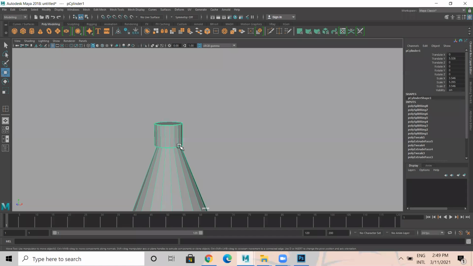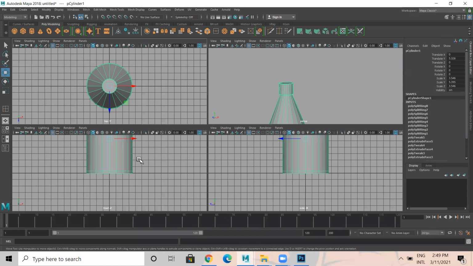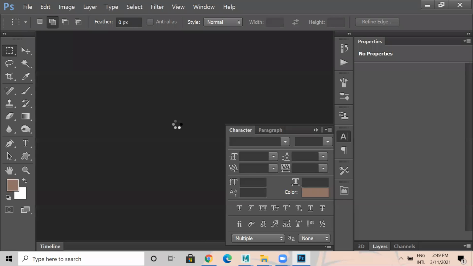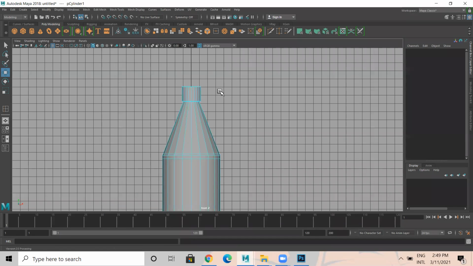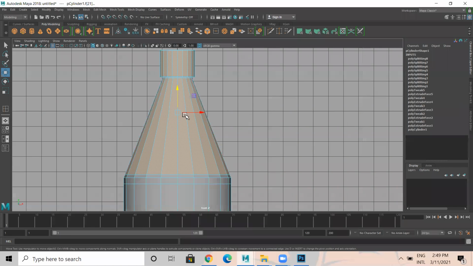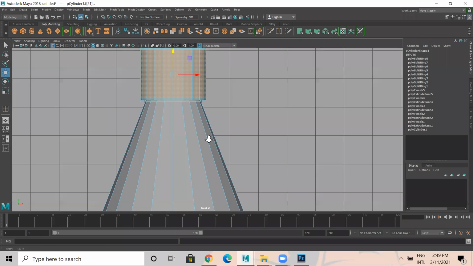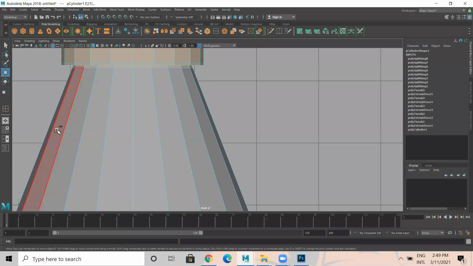Okay, so for that, select face mode. You can do this with Illustrator as well, right? What you're going to do in Photoshop.